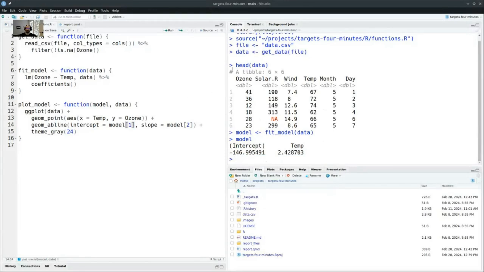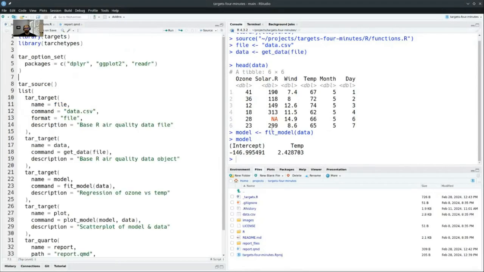So assuming I've done all this, which is completely outside of targets and is a good practice for a data analysis workflow anyway, we could then move on to targets. What that's going to involve is taking these functions, these reusable building blocks, this shorthand for the different tasks of the analysis, and turning that into the actual analysis. And that's where this underscore targets file comes from. And you don't need to write it from scratch.